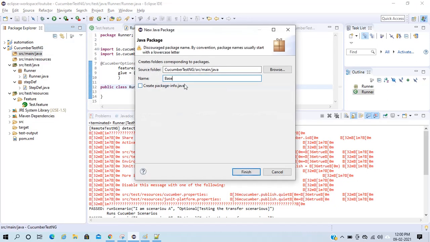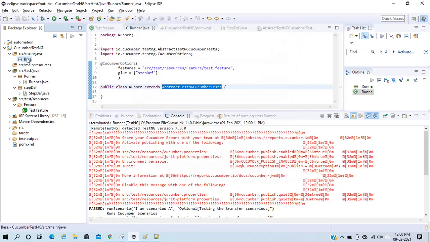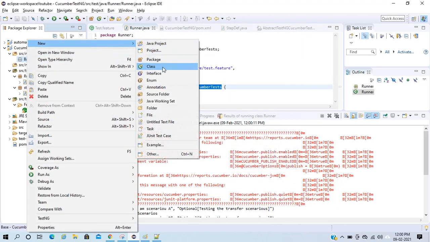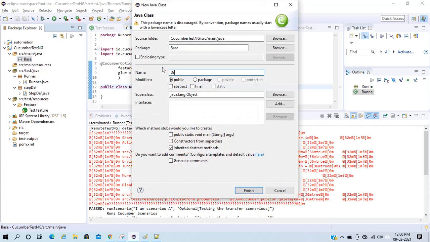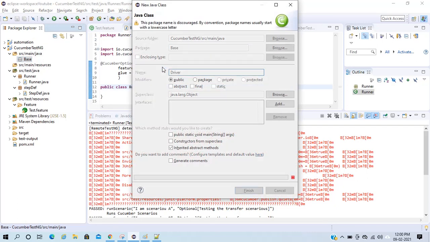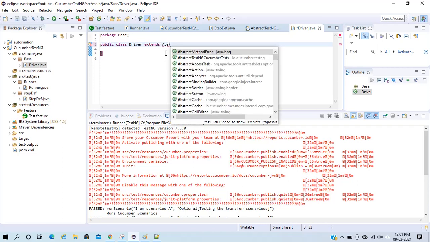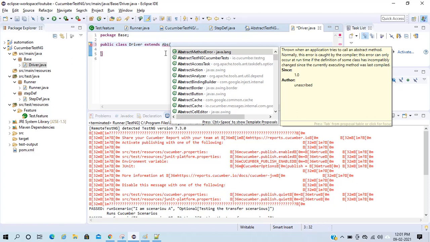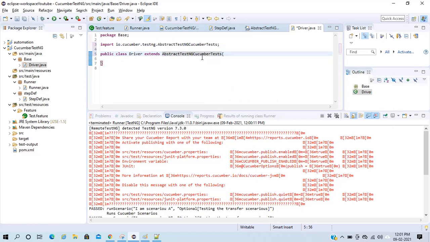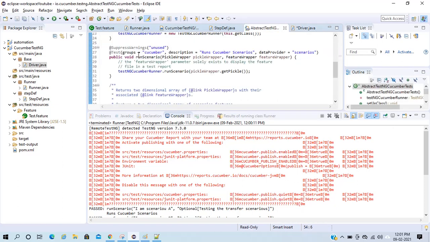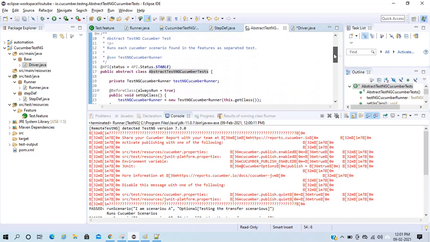Inside src main Java, I will create a base package, and in that base package, let's say I'm creating a driver class. I will extend the abstract TestNG Cucumber test here. This is my abstract class.